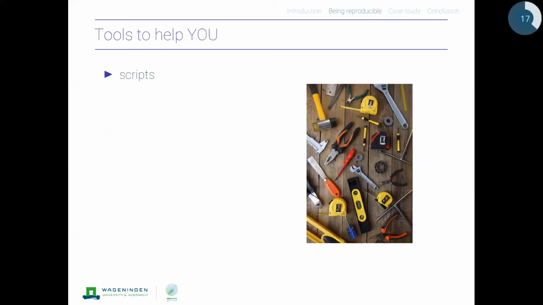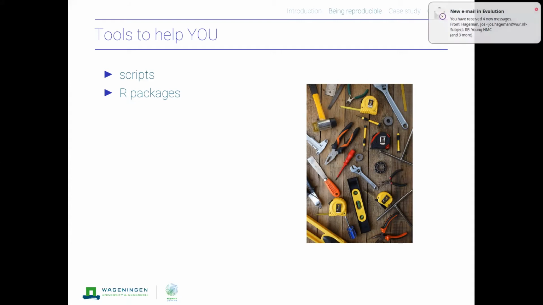Okay, so what can you do, maybe not to avoid this lack of reproducibility, but to keep it in check? Well, the first thing I already mentioned: if you're using a script-based analysis tool, that is already good, because it allows you to redo your scripts. If you use R packages, either written by yourself or by others, that helps, because it basically unifies collections of scripts, puts in structure. I also think that the package system of CRAN is one of the main reasons why R has become so big.